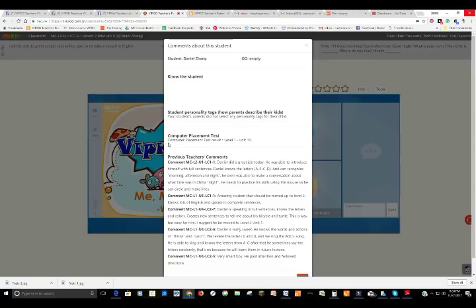Now, in another student, it might say that their computer placement test was level 2, unit 4, or unit 10, or level 3, or level 4, or something like that. So it's going to have several different options there. This is where you start. Okay, you start with that computer placement test. Even if it says something different on the listing on the classroom page, you start where the computer placement